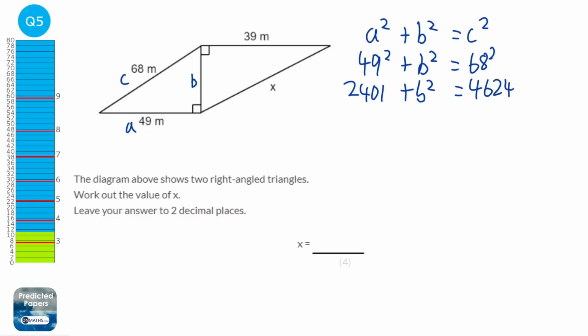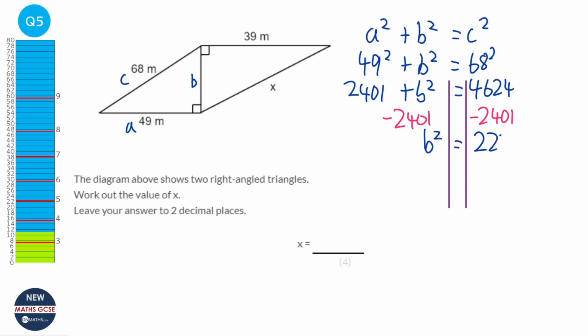4,624. So we are solving here, so let's get our lines down. And we're going to start by subtracting the 2,401 from both sides. So we've got b squared equals 2,223. Then we're going to square root both sides, and we've got b equal to 47.148, and so on. Okay, we're now looking at the second diagram, and this time we're going to have a,